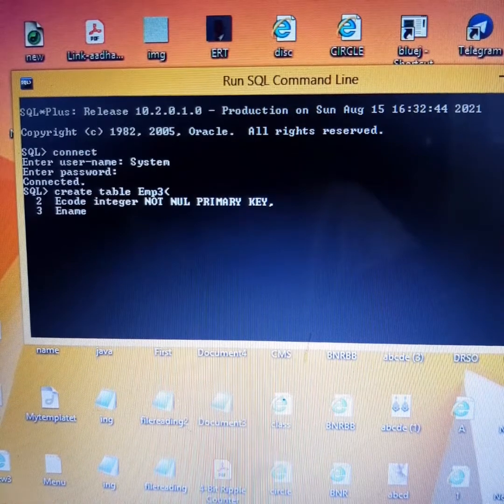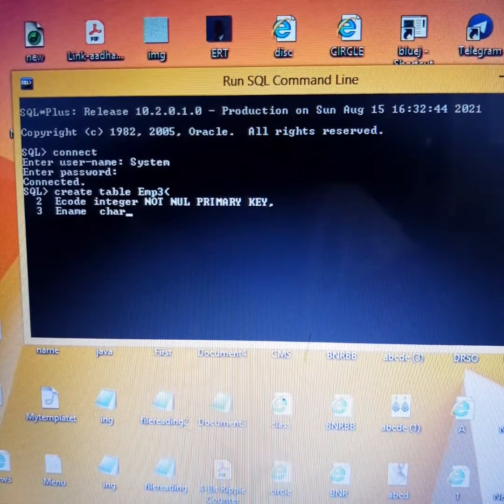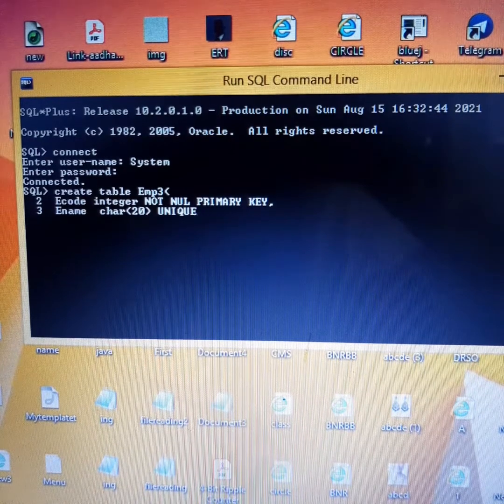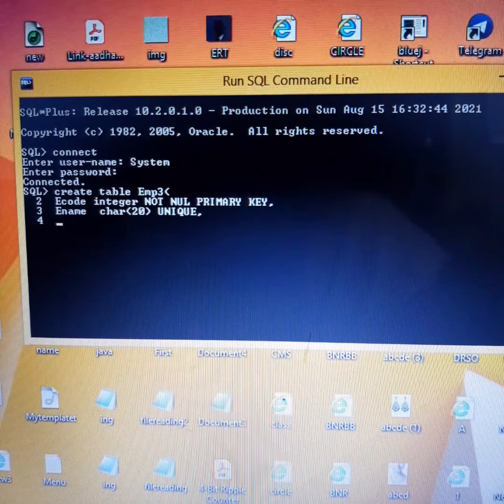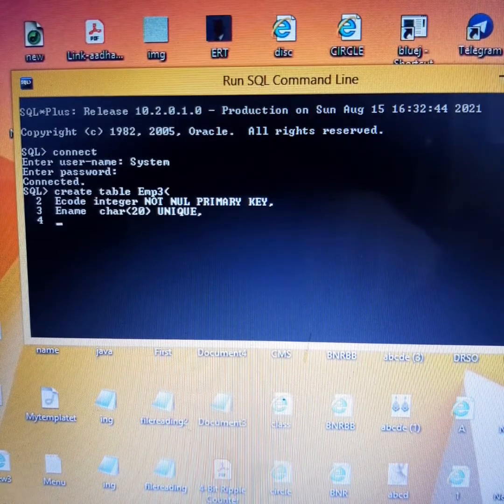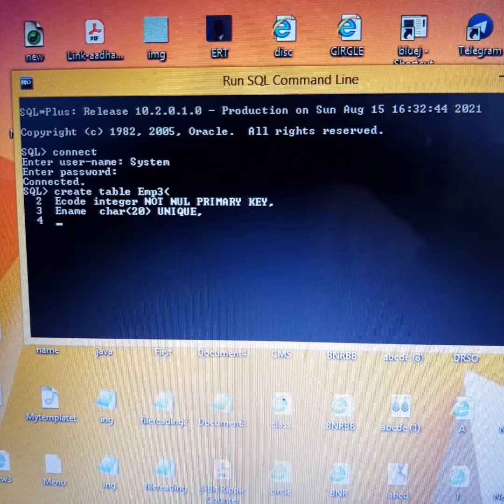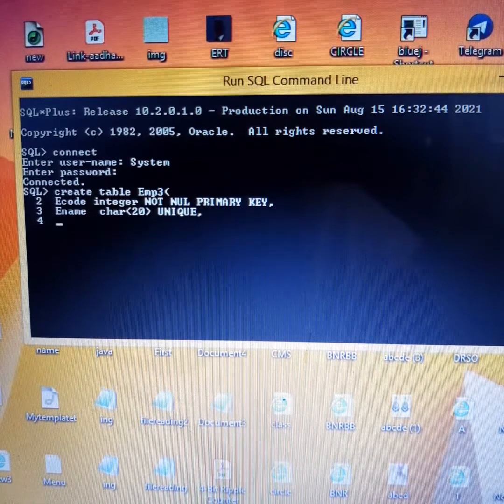Now here in E name I am writing as, for E name I will be writing unique. Then I want to keep a default constraint. For example, if I am keeping gender, if nobody enters a gender, it will be considered to be male.